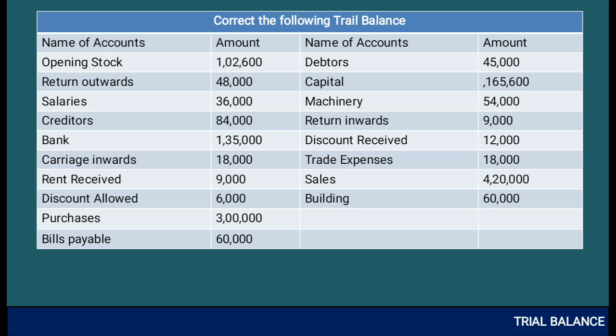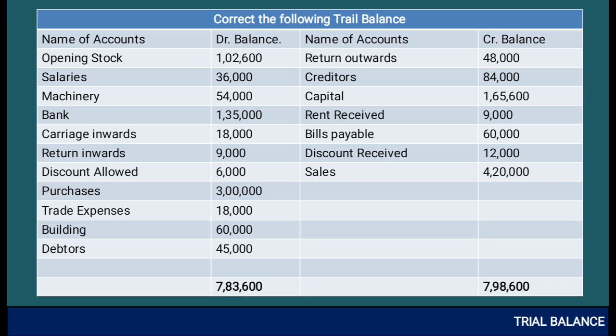So again we have to repeat the same things: all the assets and expenses have debit balance, so all the assets and expense amounts we have to record in the debit side, and all the liabilities and capital have credit balance, so similarly we have to record them. Once you record the items in the debit side and the credit side, the total of credit side will be 7,98,600, but the sum of debit side will be